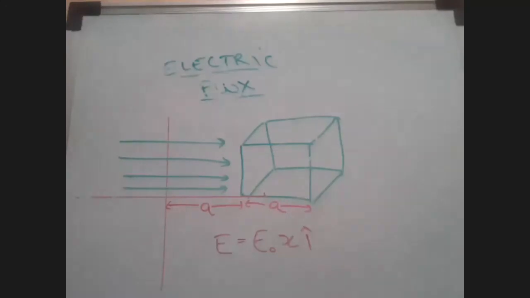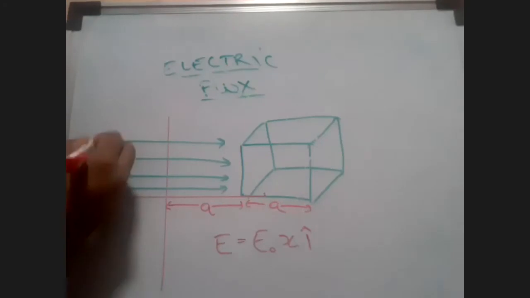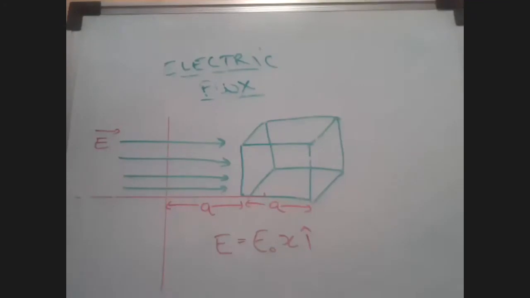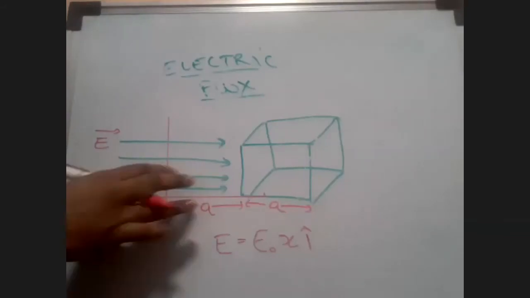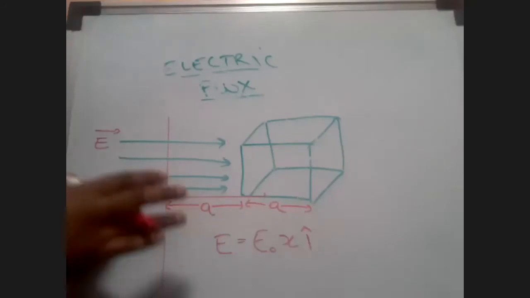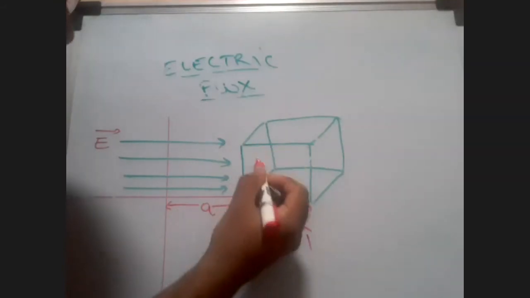So please pay attention. This is electric field lines. I'll write them as E. They are passing through this cube. As they are passing through the cube, what can you analyze? The first thing is there are 6 sides to this, and the electric field lines are going through these areas. Before you analyze the entire cube as one area, it's better to divide it into a number of sides. And so you can see that this is surface 1.